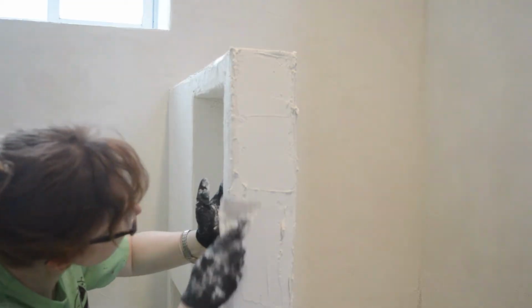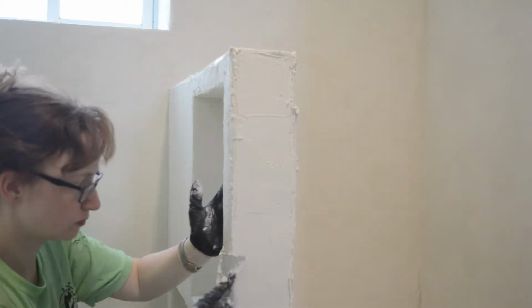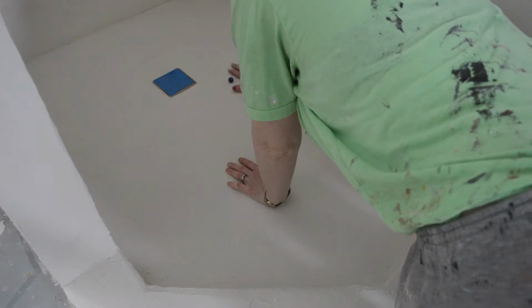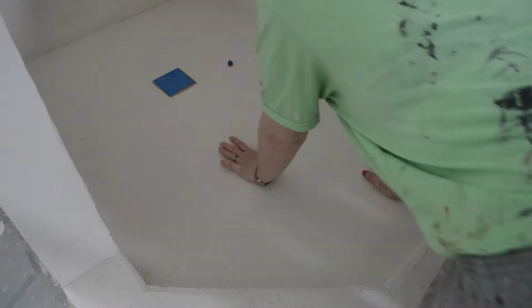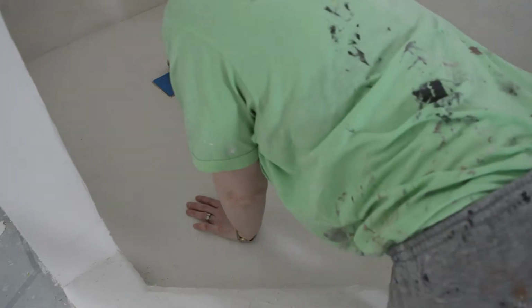Areas such as edges and corners required a bit more time to finesse how it looked. After the first coat of microcement was dried, I wanted to do a marble test in my shower to make sure that the water would actually drain down into the drain, and I marked any areas where the marble would stop. Unfortunately, I did get some cracking in my shower, which I will show at the end of this video,